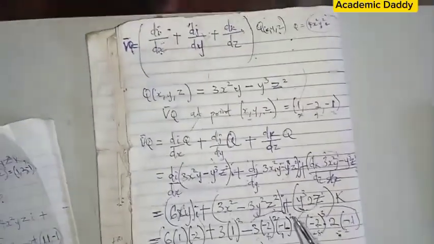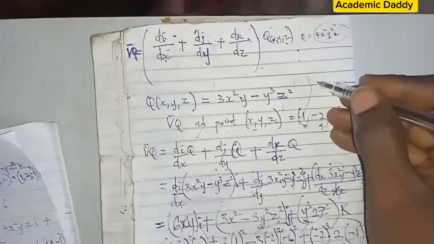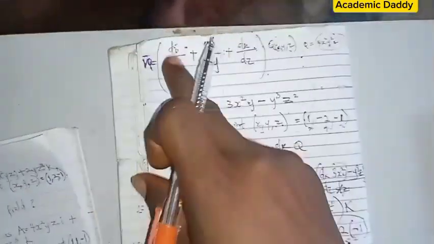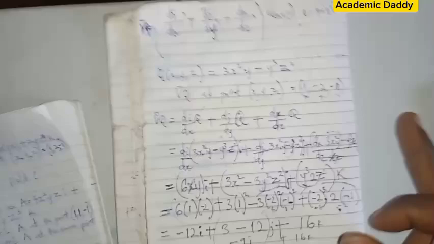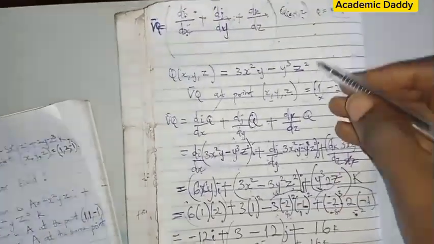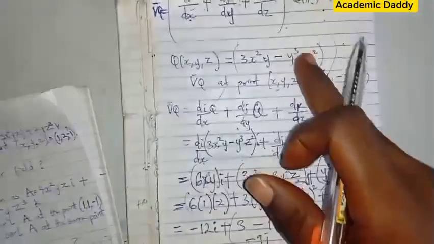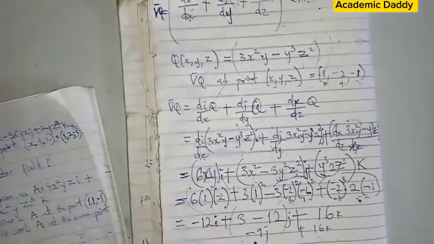That is why it's different from divergence of a vector, because divergence of a vector already comes with its own i, its own j, and its own k. So when you differentiate with it, i dot i will give you 1, j dot j will give you 1, k dot k will give you 1. That is why divergence of a vector is a scalar. But this one is a vector, because what we are given here has no i. We are the ones that put it in a position where we are differentiating this with respect to i, this with respect to j, and this with respect to k. You need to know this. So there you have it for